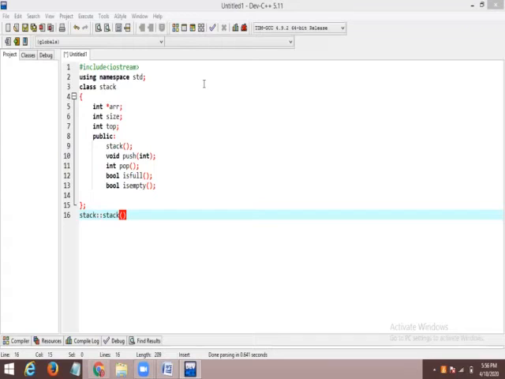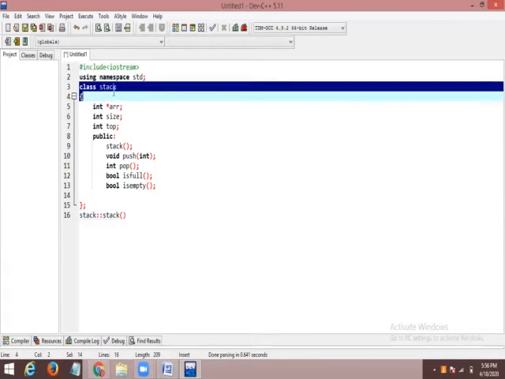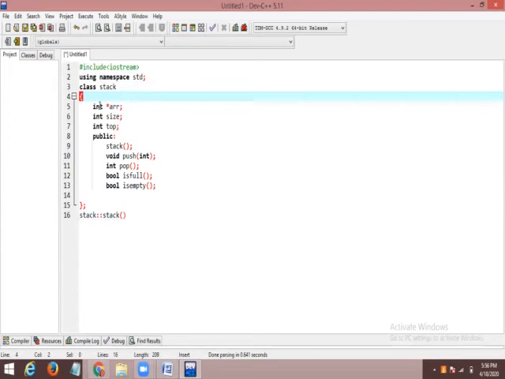So here this is the program I would like to show you. Firstly I have created a class named stack, and this stack has data members. What data members does it have? Array, like the address of the array, as we just discussed. So the stack has 10, 20, 30, and the array is where we are going to take the memory. And the next one is the size, which is how many values we need to enter.